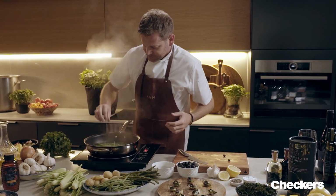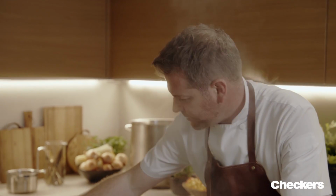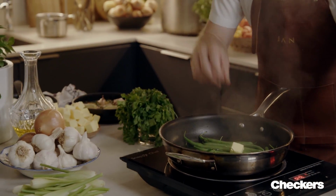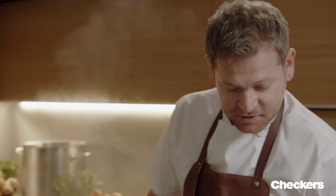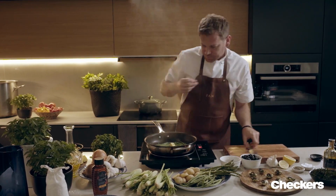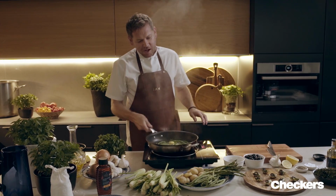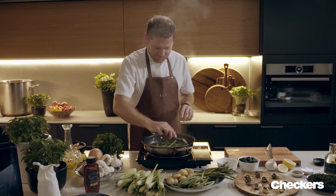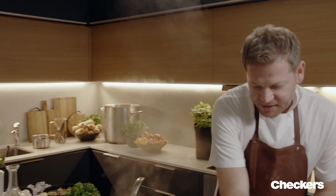The beans are great. We're now gonna add the butter. Process with a phase, just 2 or 3 blocks of butter. You can use olive oil as well. Don't feel you need to go with butter. And eat while you cook, people. That's the best part. Great. While that's going,